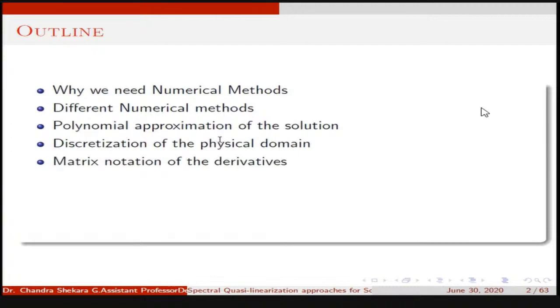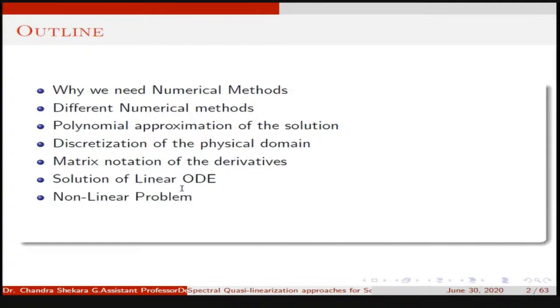Then the central part of this entire talk is the differentiation. So I'll explain how to represent the derivatives of some functions in terms of matrices. This is the art of this entire talk. So then I'll explain one example on linear ODE, and I'll take some case study problems from fluid mechanics as